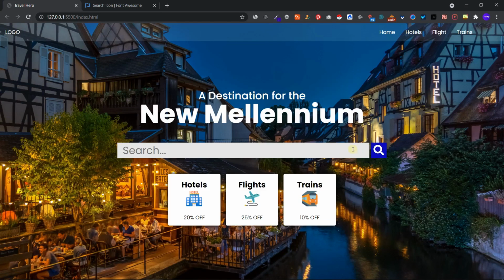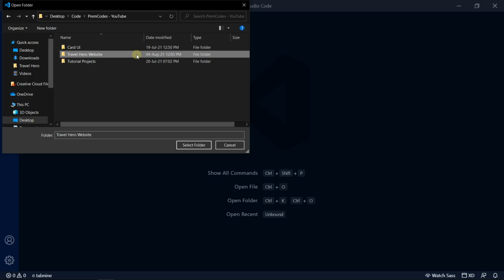So in this video we are going to make a travel website, and we will be creating a hero section for it, and we will use HTML and SASS for this. So let's get started. Let's open a folder in our VS Code named travel hero website. Let's select this folder